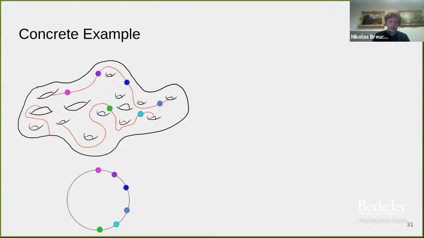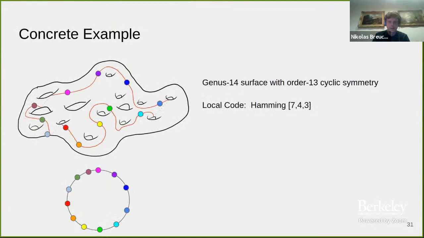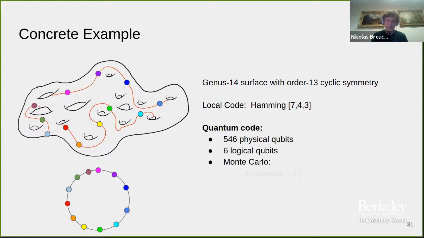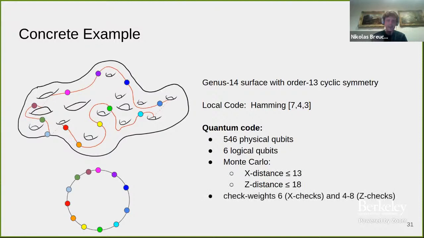Let me just quickly skip through this example because I'm running out of time. I want to show you that you can actually construct these codes and they're not too crazy. Taking the same example as I showed you before, we can obtain an example which has 546 physical qubits. It has 6 logical qubits,